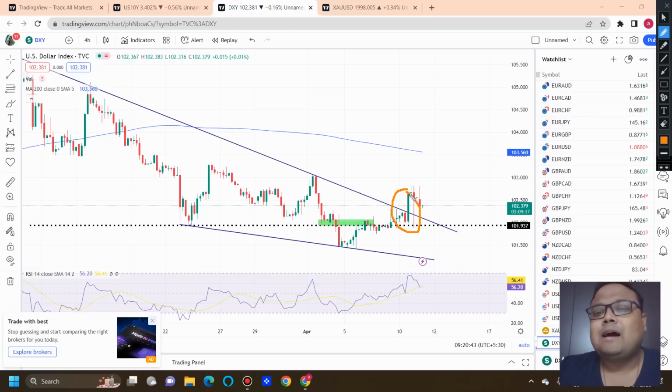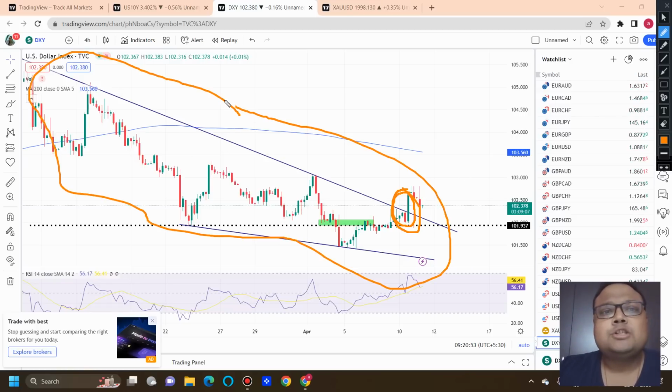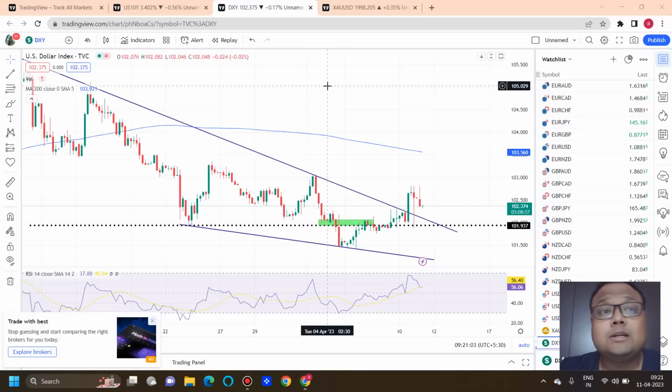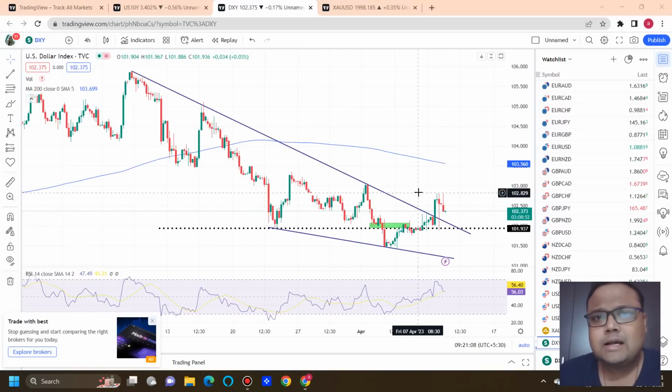Right now you can see that after forming a massive green candle, the DXY is still trading at 102.38, and the reason is that though we have a wedge pattern technically, fundamentally DXY is not very bullish. So as a result, we did not see the market going towards the upside or the trend continuation. And this is the main reason I always tell you guys that for a trend reversal, we need news, we need a fundamental factor. Without a fundamental factor, without news, we cannot have a trend reversal or change of direction.